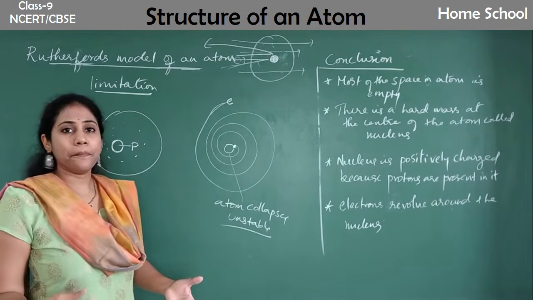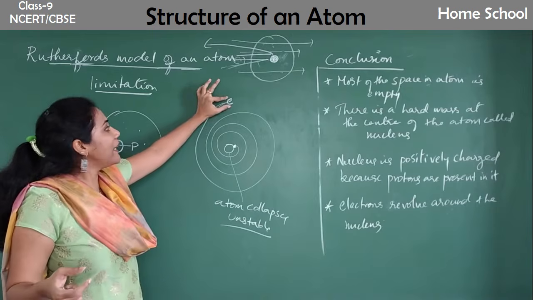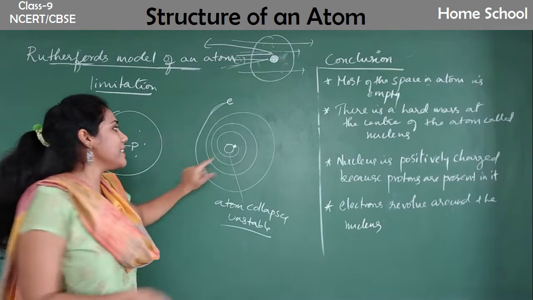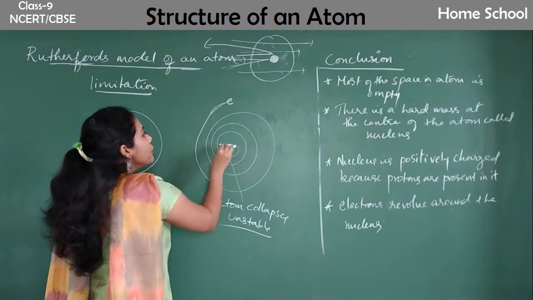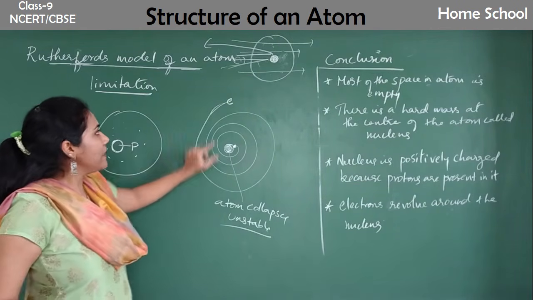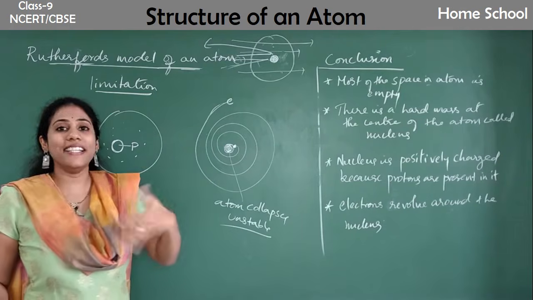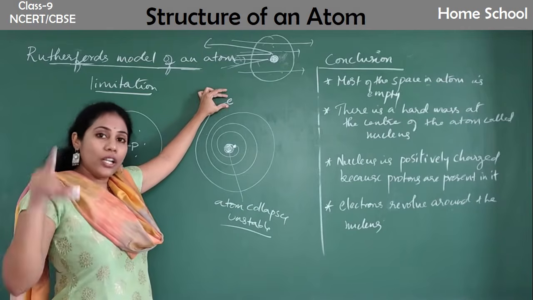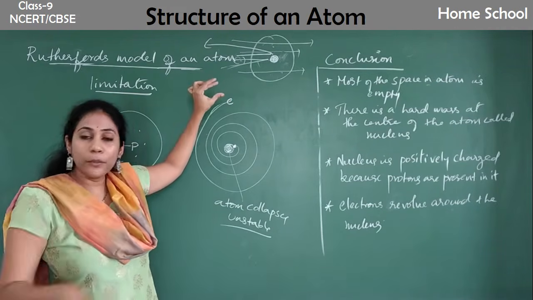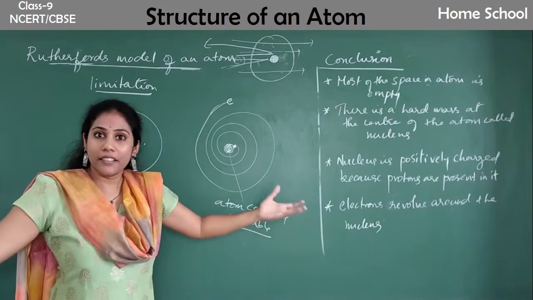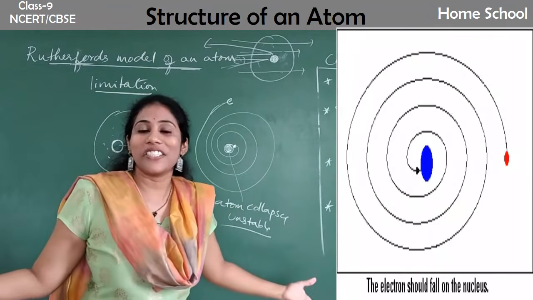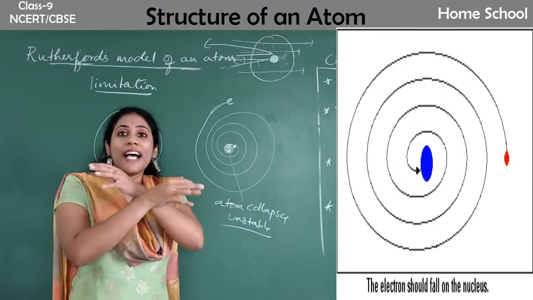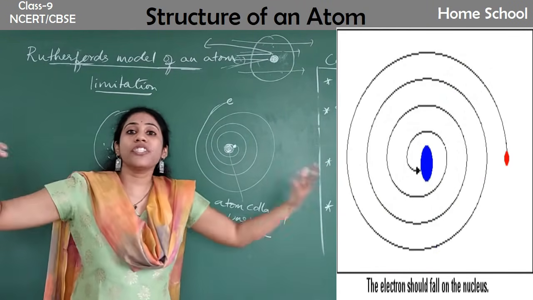This never happens. So whenever a charged particle, and electron is a charged particle, continuously revolves around the nucleus, as he said, this is the nucleus, finally what happens? When it revolves, it loses certain energy. Certain radiations come out from this charged particle. Whenever a charged particle moves, radiations are emitted. That is how radiations are there in our nature. It's all because of the charged particles moving everywhere.